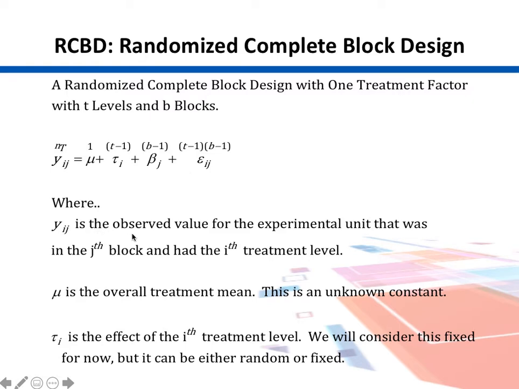Again, Yij is the observed value for the experimental unit that has the jth block and had the ith treatment level. Treatment here is variety, mu is the grand mean, and tau represents the effect of the ith treatment. And it is written here that we will consider this fixed for now, but it can be a random or a fixed thing. Fixed means we can reproduce these results the same, and if we do it next time,